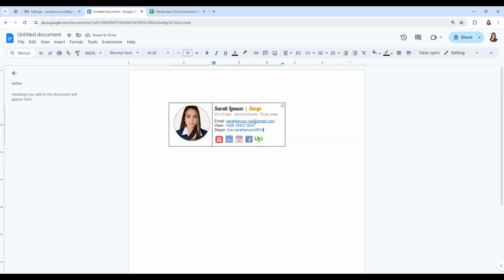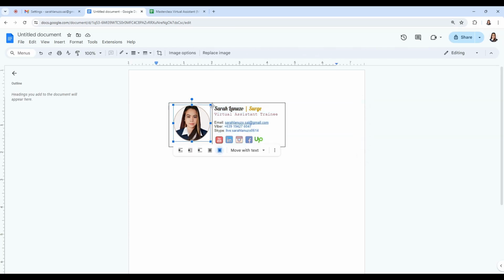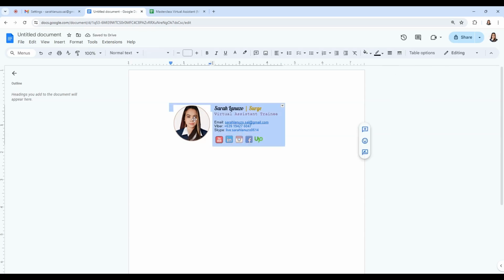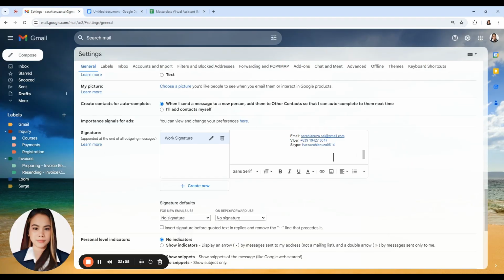And once it's already available, maybe I can still change this one to there. And once it's already available, you can copy this one. I can also remove the border here, then copy this image and we'll try to put it here.